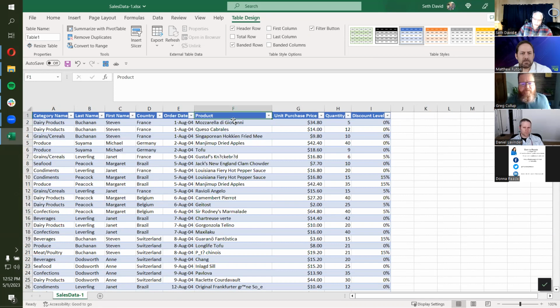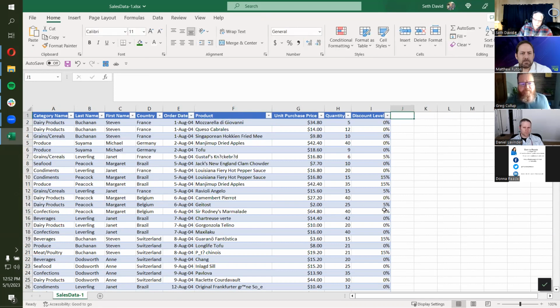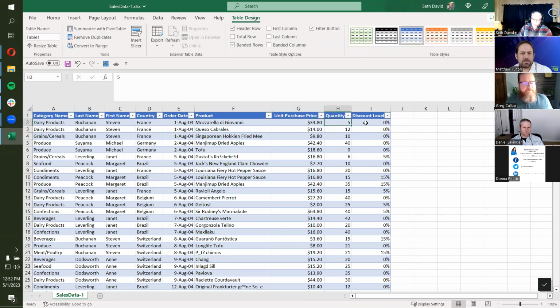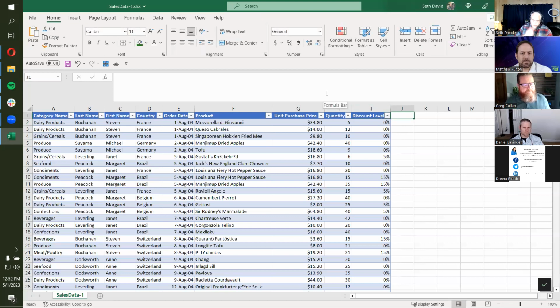Okay. Now what I want to do though, because the data is a little bit limited, right? It gives me the unit purchase price and the quantity, and it gives me a discount level and percentage, but I don't know what my order totals are, right? So these are orders that were placed, and the names you see, the individuals' names in columns B and C, are salespeople who are responsible for these orders. So let's add the columns real quick so that we can get a proper data set looking at the total of the orders and everything, right?